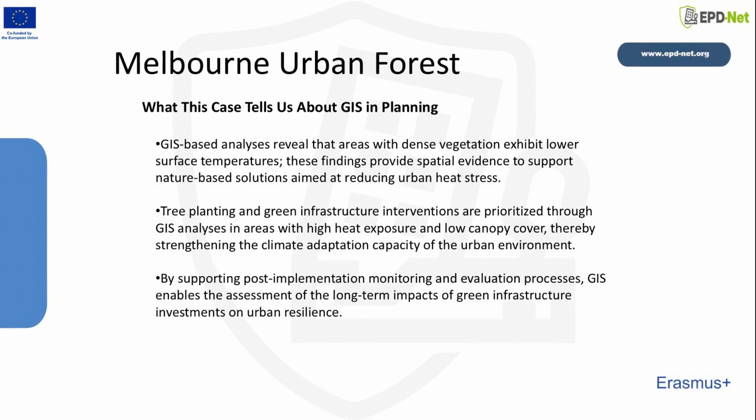In this slide, the role of GIS in addressing urban heat stress and enhancing urban resilience is highlighted. GIS-based analyses demonstrate that areas with dense vegetation tend to exhibit lower surface temperatures. This spatial relationship provides clear evidence supporting the effectiveness of nature-based solutions in mitigating the urban heat island effect. Based on these analyses, tree planting and green infrastructure interventions are strategically prioritized in locations with high heat exposure and low canopy cover. In this way, GIS supports targeted and efficient interventions that strengthen the climate adaptation capacity of the